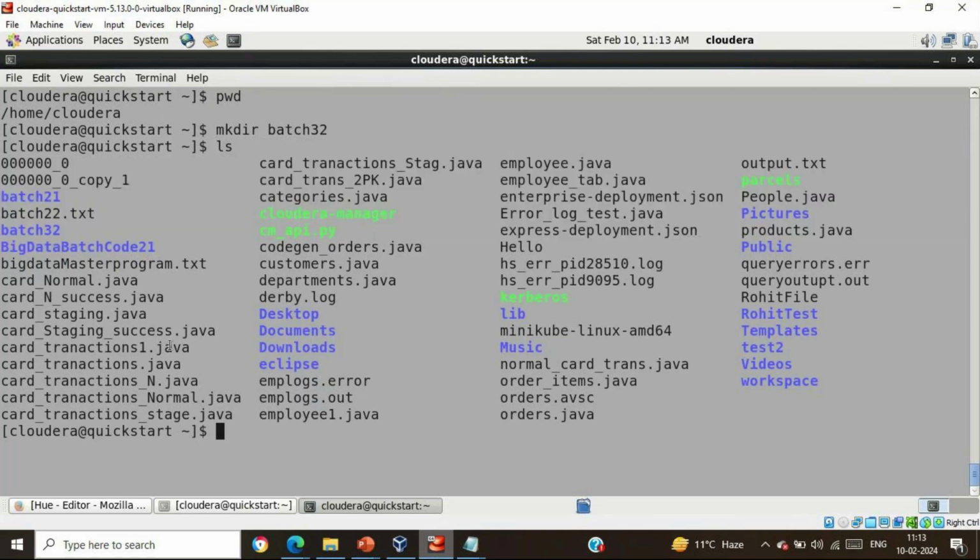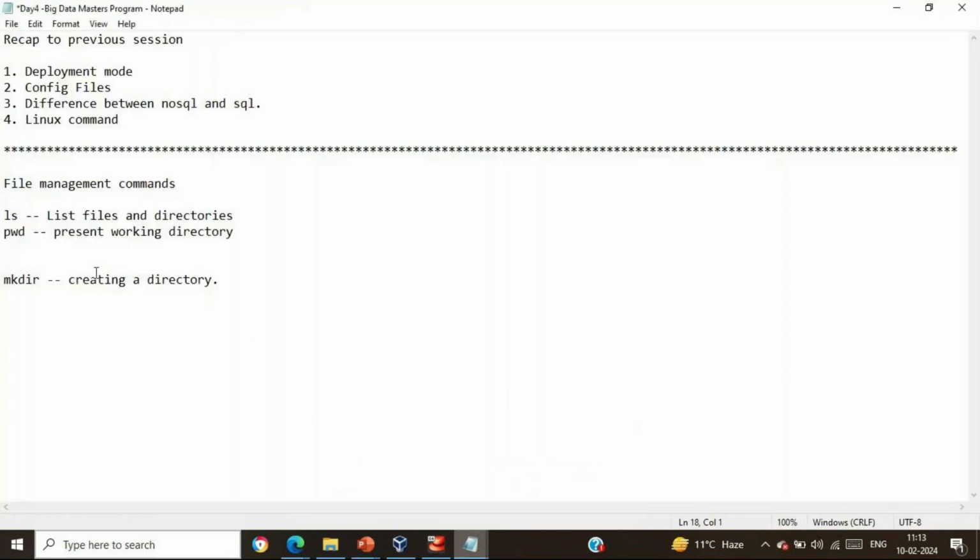And over here, batch 32, just have a look, it has been created. What is the relative path and absolute path for this batch 32? In the previous session we have discussed relative path and absolute path. So mkdir is creating a directory,